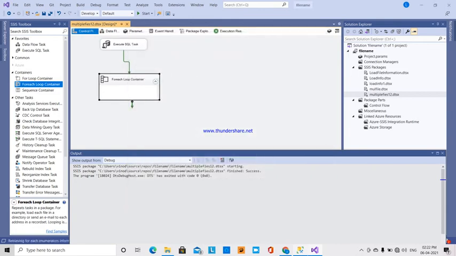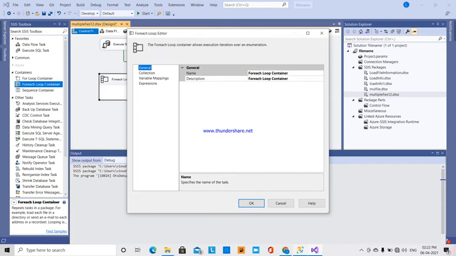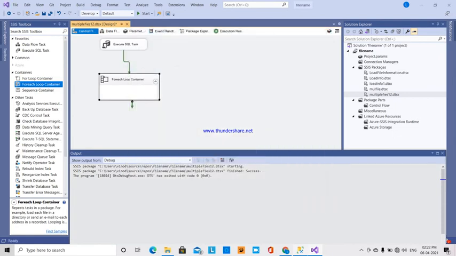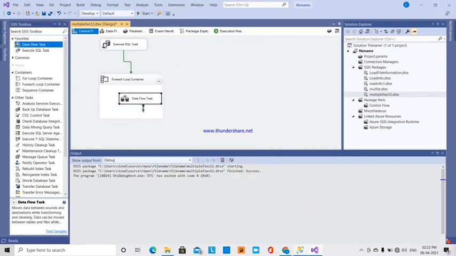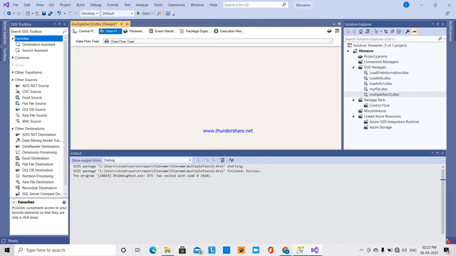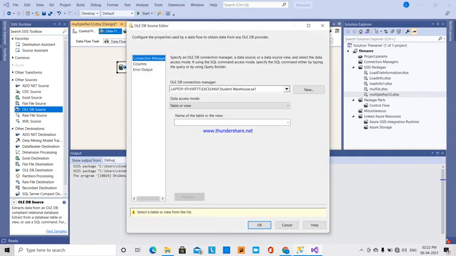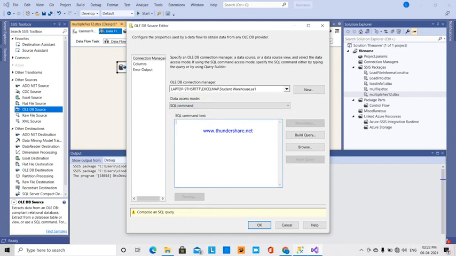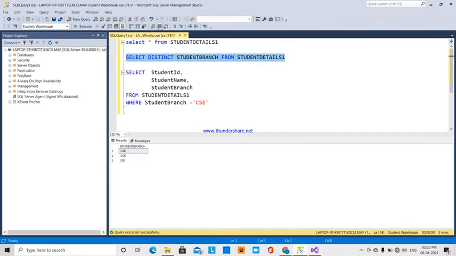Then next thing is the data flow task, how it's going to be. Here I'm doing double click. Our source is OLEDB connection, which is already there. Here I'm going to give SQL command. The SQL command has to take the data of CSE, like student ID, student name, student branch, it has to show all this.